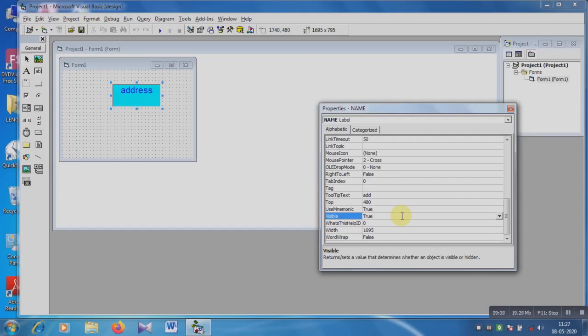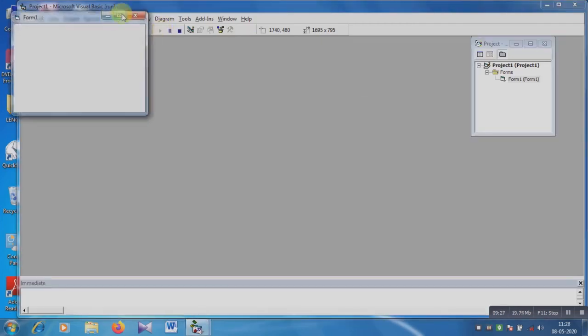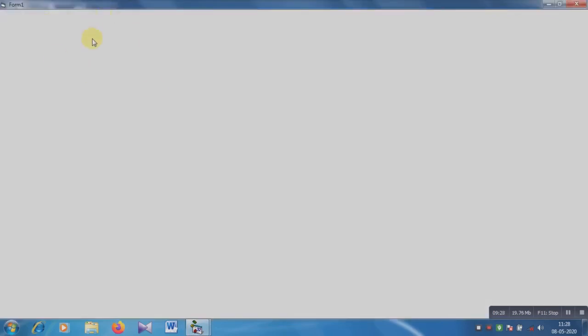Using visible, we can display the label tool on the screen during runtime, or if its value is false, then the label tool will not be visible, that means it will be hidden during the runtime. So now it is visible, I have already seen, but when it is false, what will be the output? Let's see. Run. See, it runs, but there is no label tool.